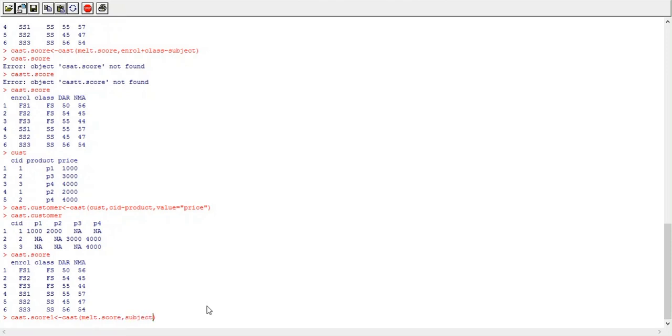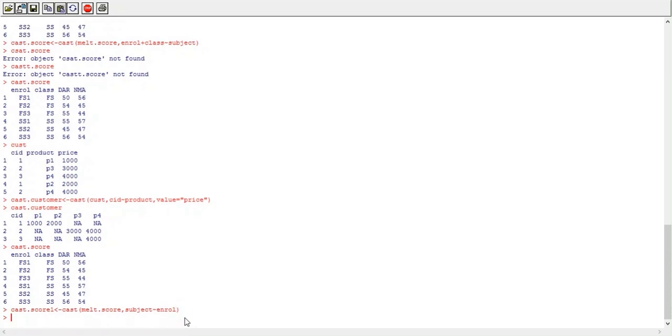So now here I want to keep subject as a constant column, and I want to change the enrollment number. I want to divide the enrollment numbers into different columns.